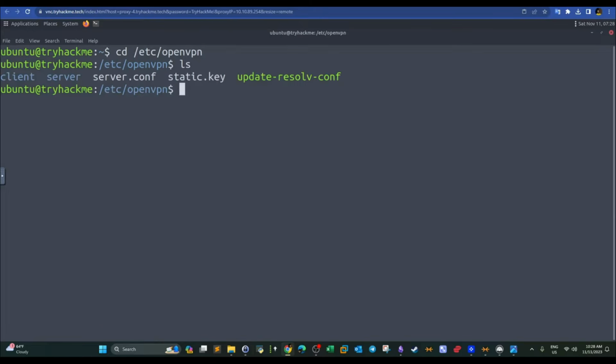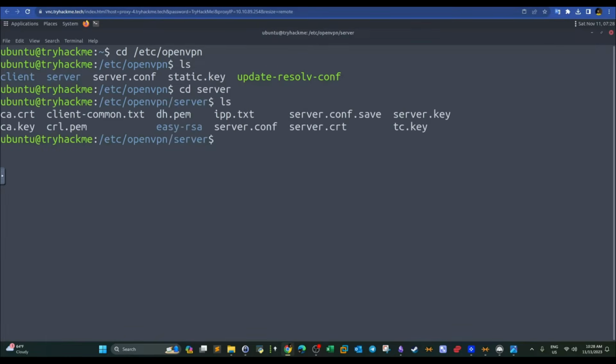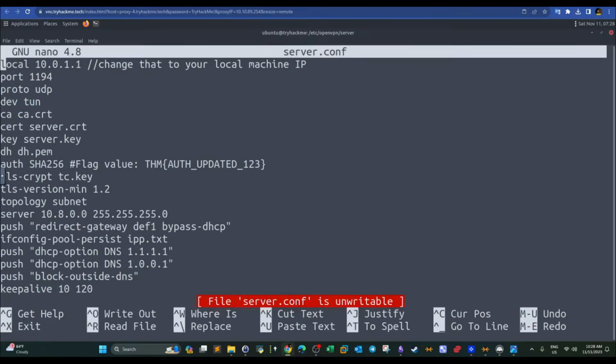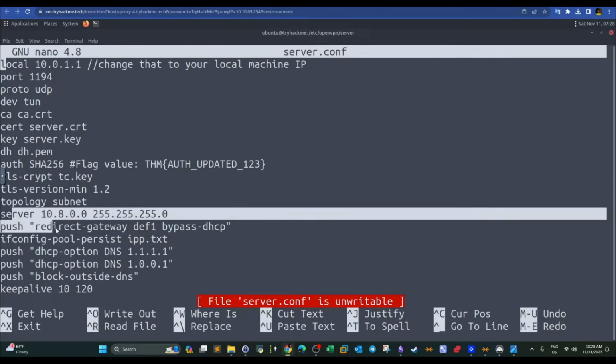All right, so we have here the server and the client. We want to take a look at the secure configurations from the server side. So we go to server and we open the file server.conf with nano. Let's take a look at key directives in this file. The first key directive, let me see where it is, is